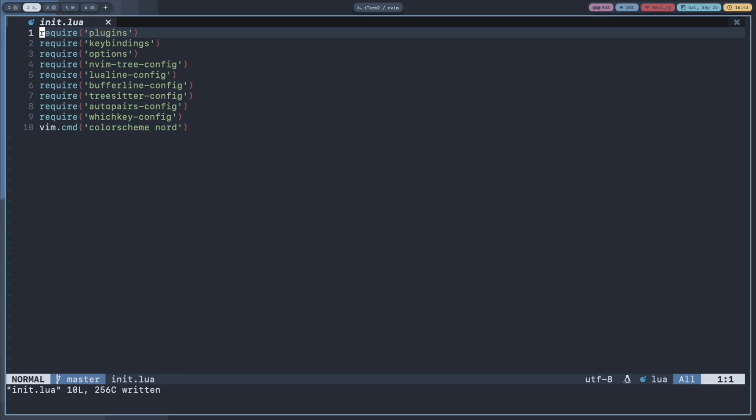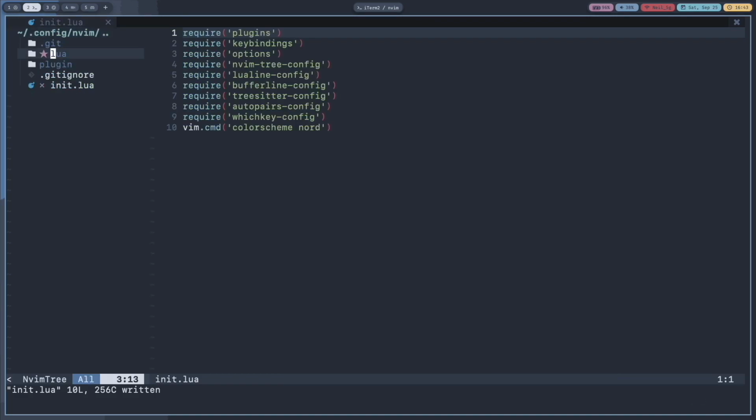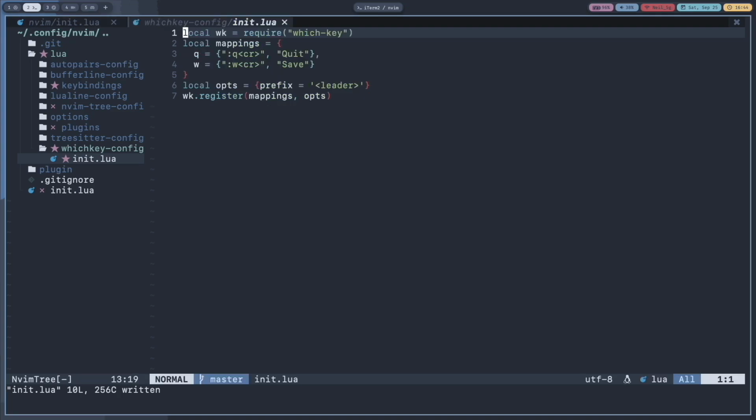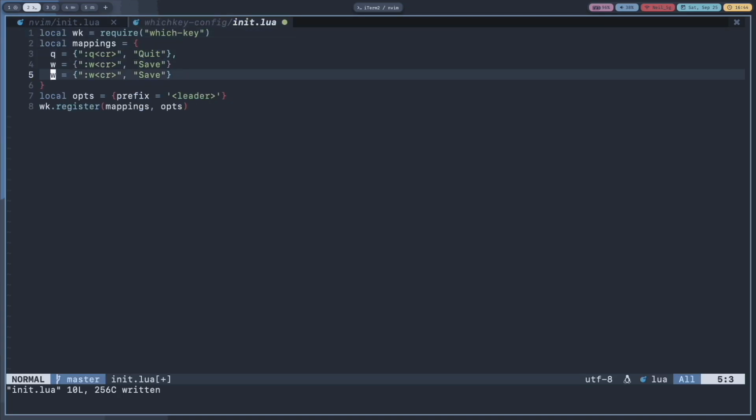Okay, that is working, and let's add a key binding to close one buffer. So I'm going to copy paste this, add a comma and type X. I'm going to change it to X and change this to colon B delete.